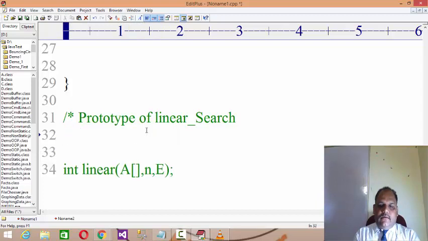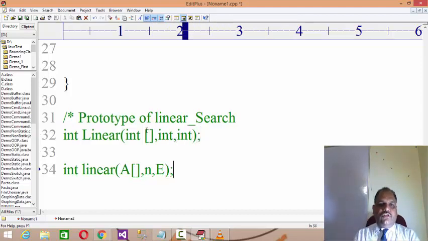So this is the way you can develop the function for linear search.